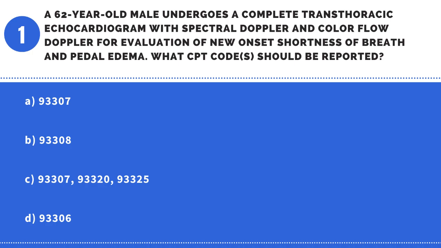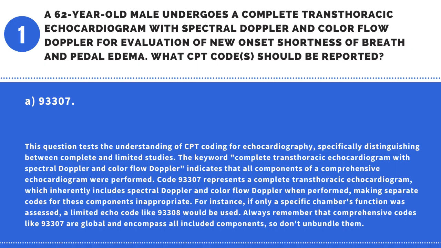D. 93306. Answer: A. 93307. This question tests the understanding of CPT coding for echocardiography, specifically distinguishing between complete and limited studies. The keyword complete transthoracic echocardiogram with spectral Doppler and color flow Doppler indicates that all components of a comprehensive echocardiogram were performed. Code 93307 represents a complete transthoracic echocardiogram, which inherently includes spectral Doppler and color flow Doppler when